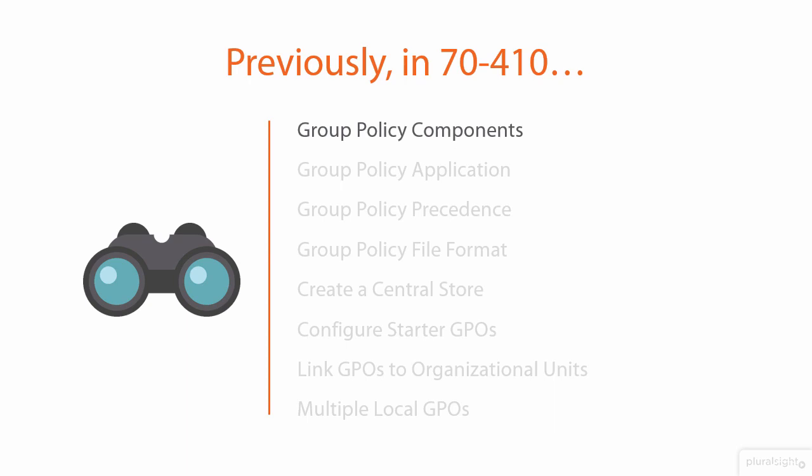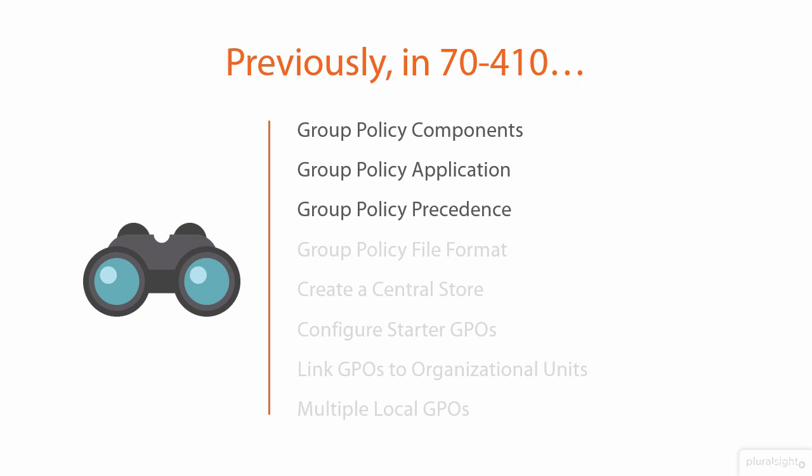Back in the 410, we went through the individual components of group policy, essentially what makes up a group policy and its two different halves, the computer half and then the user half. We also talked about group policy application, essentially how you get group policy applied to different objects and containers in your Active Directory. We also took a look through group policy precedence, which I will repeat here in the clip coming up